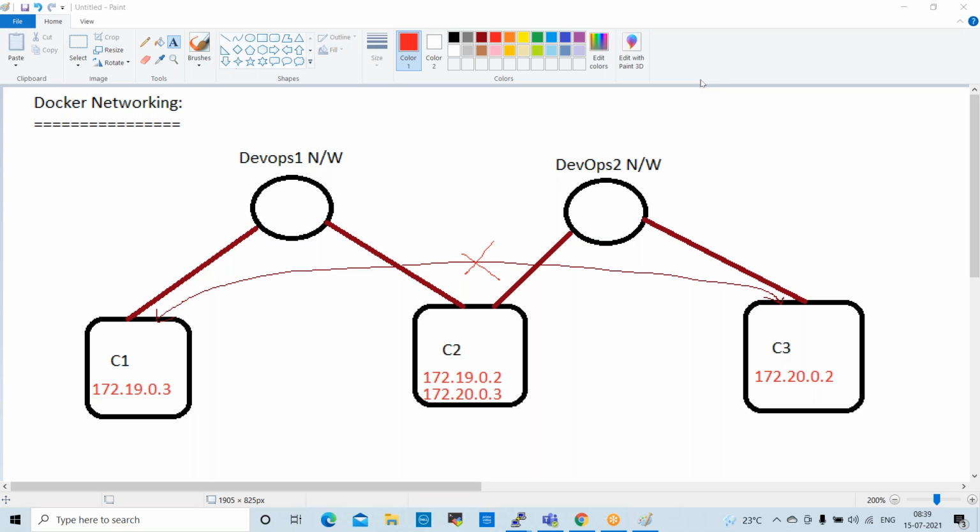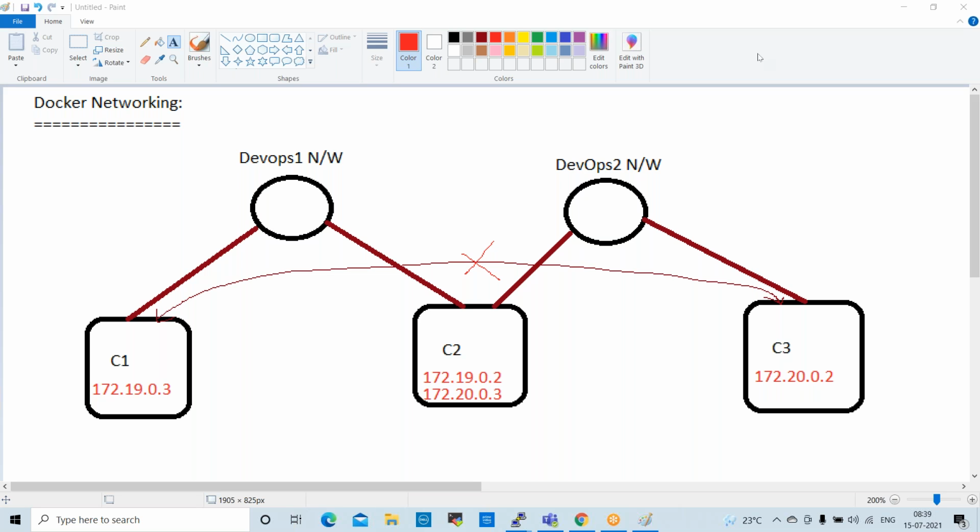Sir, if you give the same gateway, it will connect, right? If C1, C2, C3 are given the same gateway, it will communicate with all the devices, right?